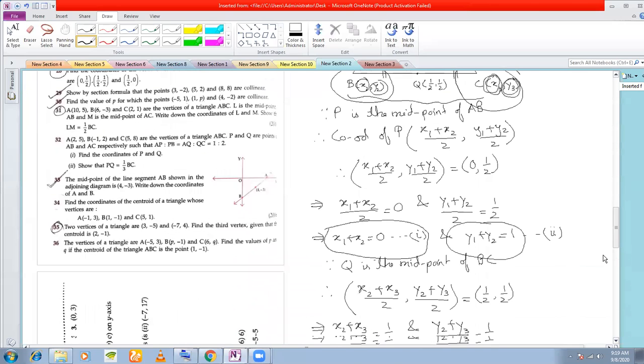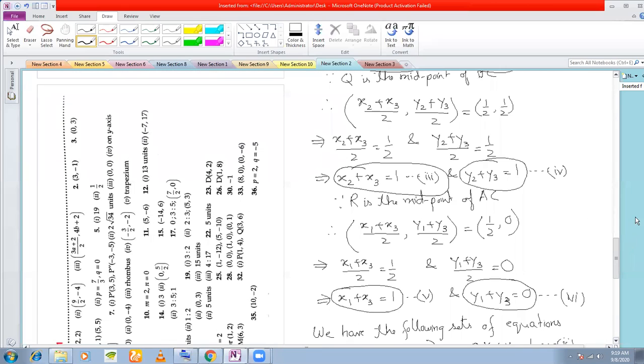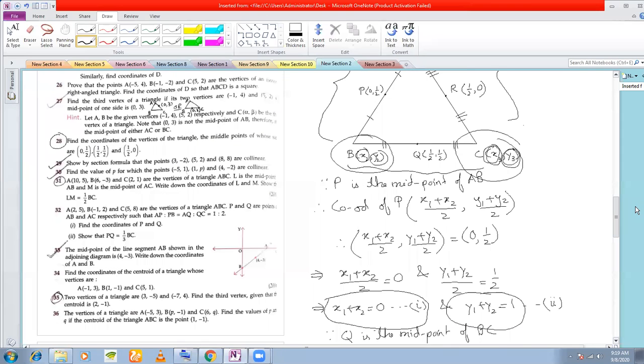Now the way I have solved this equation is a very important technique. Please remember this technique. We'll be solving 2 or 3 more sums, special kinds of sums with the help of this technique. And especially those who want to take science later on, you will require this technique. Okay, fine. So let us move on to the next one.